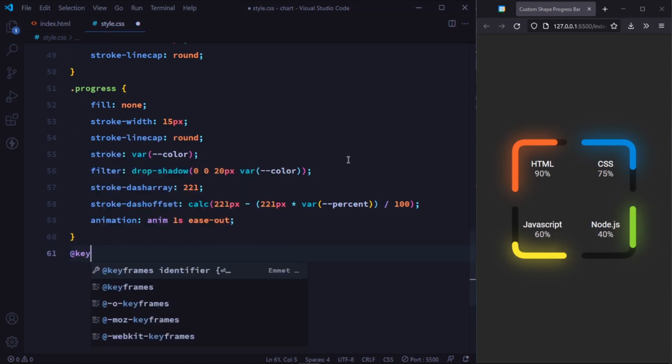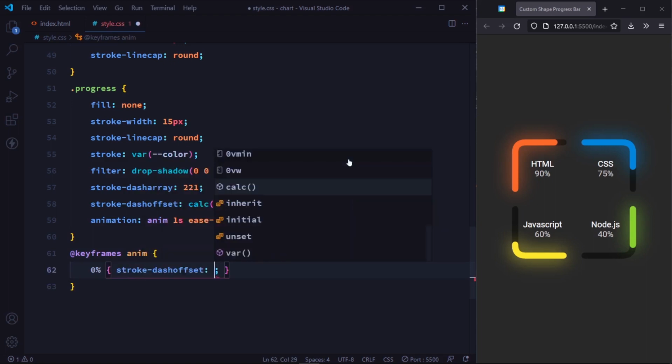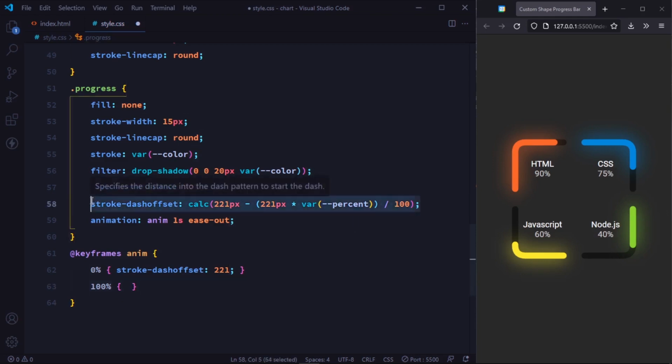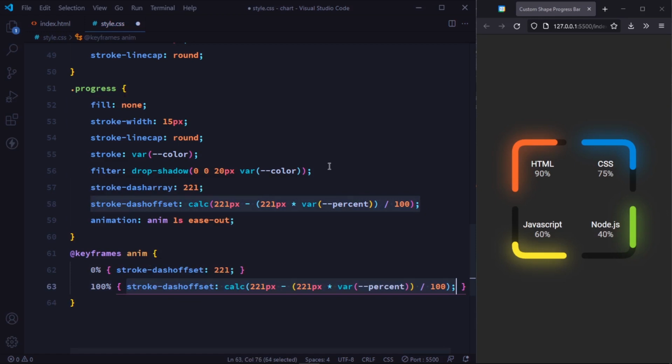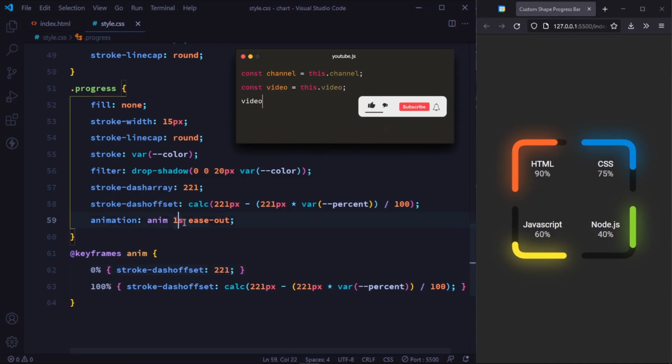Keyframes anim, from, just take dash offset 221 to that value, and when I save it, it worked very good. I think half a second is better.